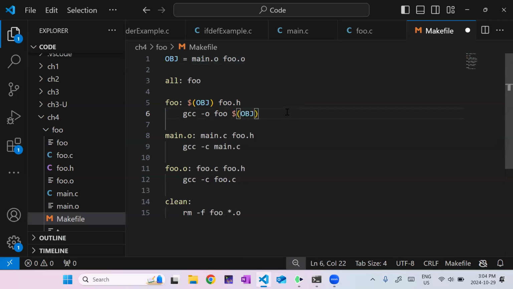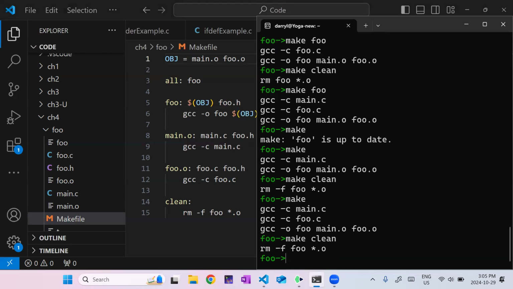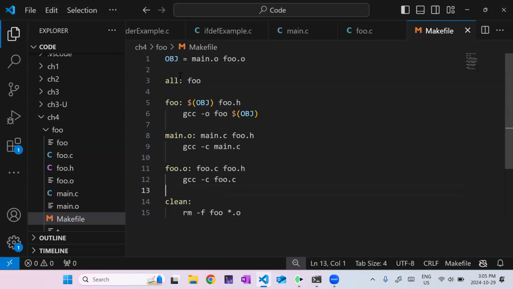And maybe there's also a debug version of my program that I make, and then I have to relist all the object files there. So every time I want to add an object file, I have to change it in like 4 different places. Well, if I use a variable, then I only have to change it in this one place, and then everything updates. So I can do again, make clean. And yeah, it works. Of course, the compiler looks at it and replaces this string with these characters.